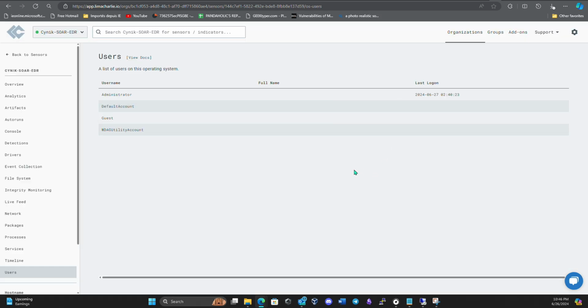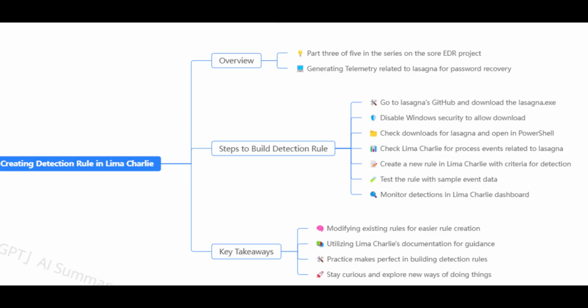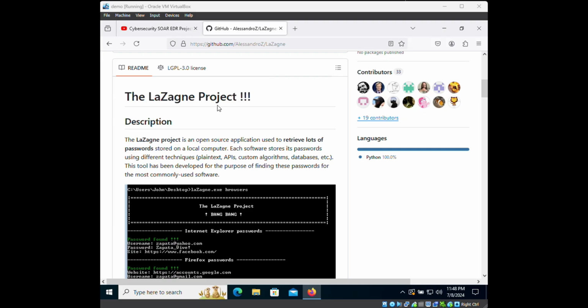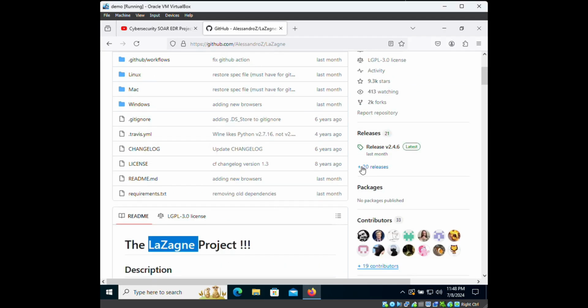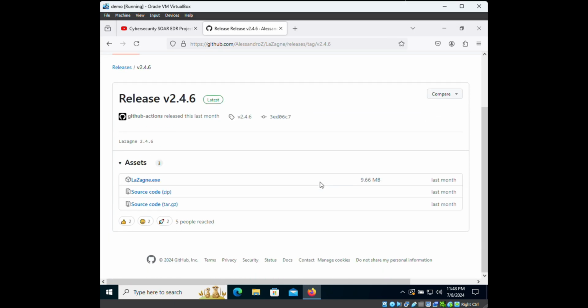With LimaCharlie installed, in this section, we'll generate telemetry using LaZagne, a password recovery tool, and create a detection and response rule in LimaCharlie. Head over to LaZagne's GitHub,